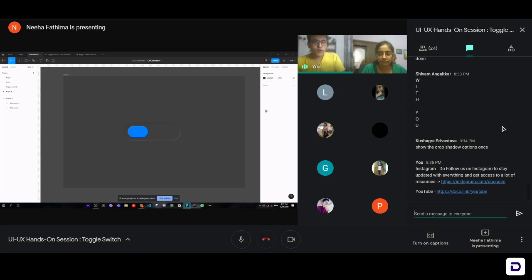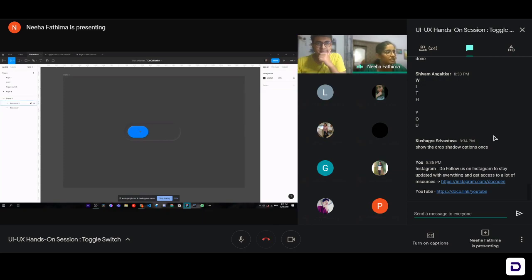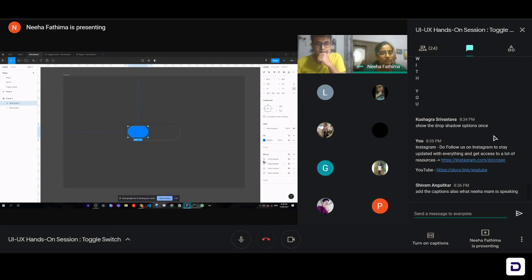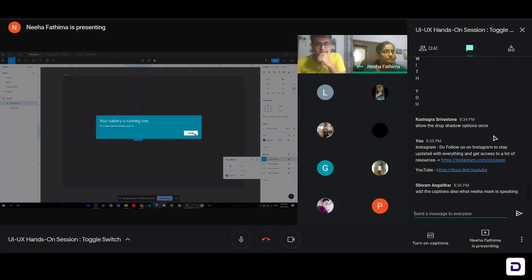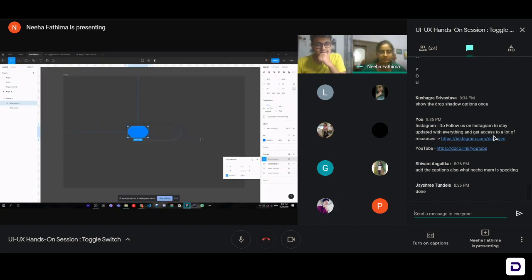So till now only Shivam and Omkar are done with this, right? What about others? Kushagra asked me to show the effect over there in the drop shadow. Okay, that's amazing.